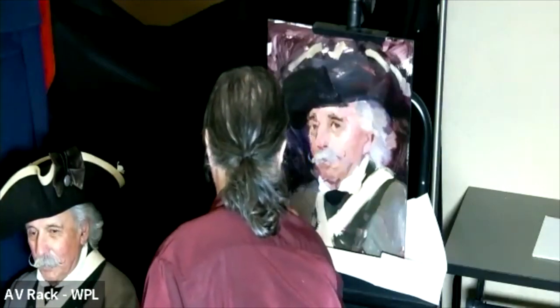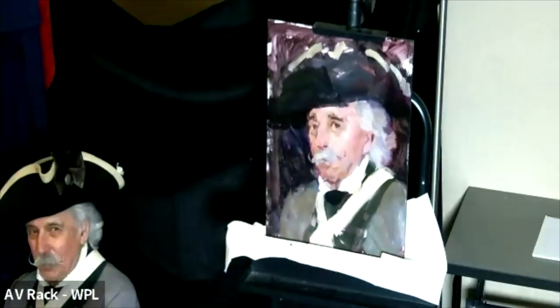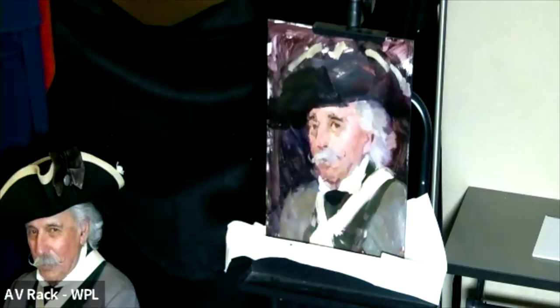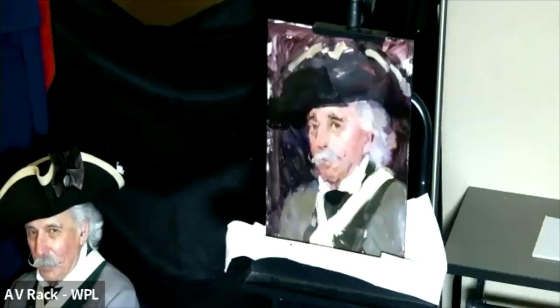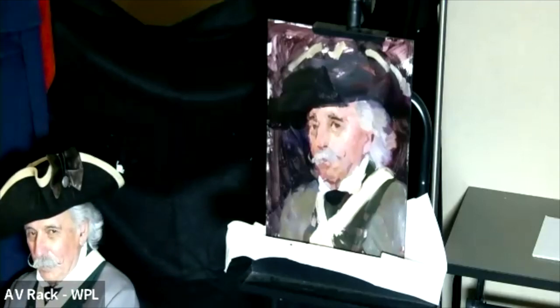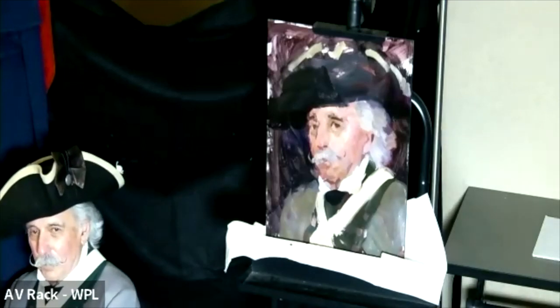It'd be interesting to take a still of this after the first half hour and see where I am now. And you would see there's not a lot of change. There's a little bit of change. There's refinement. But most of what I wanted to say was probably there in the first half hour. The only thing that's changed is that I have more paint, more values, more variety of edges.